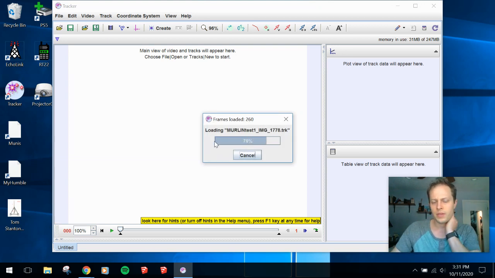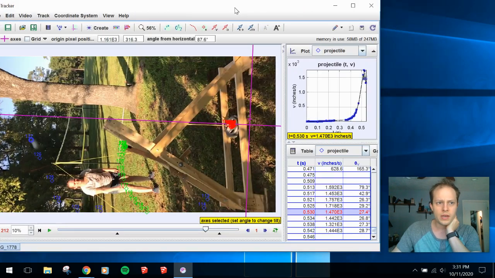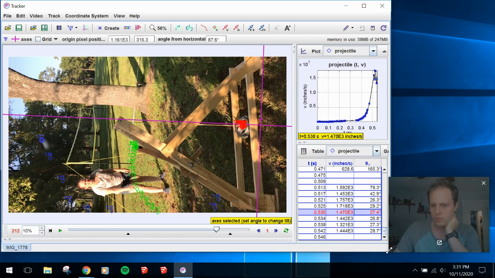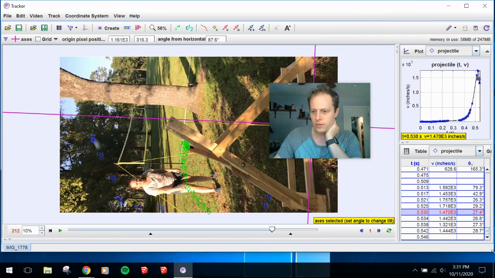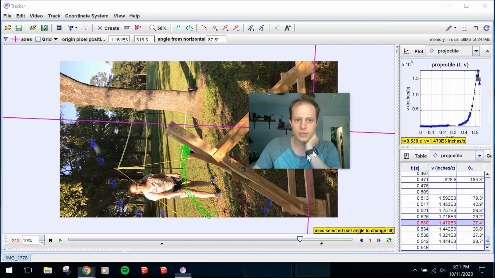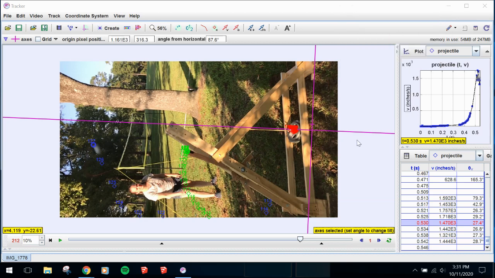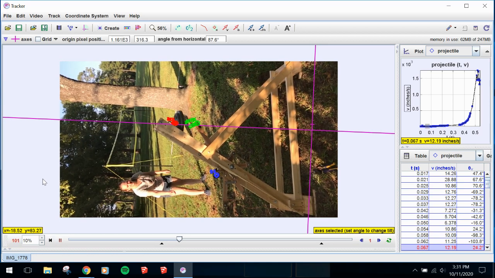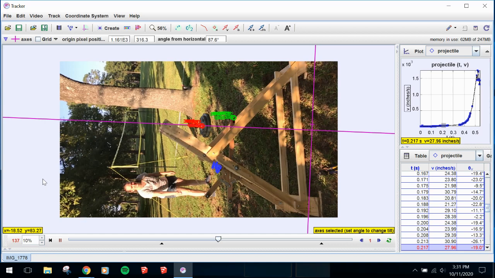This is the program that I'm going to have you guys engage. It's a free program. It downloads to any of the operating systems that you may be using. You're sitting at home watching me resize a window. That's cool. So yeah, basically though, guys, what this program does for you is it tracks different points of mass